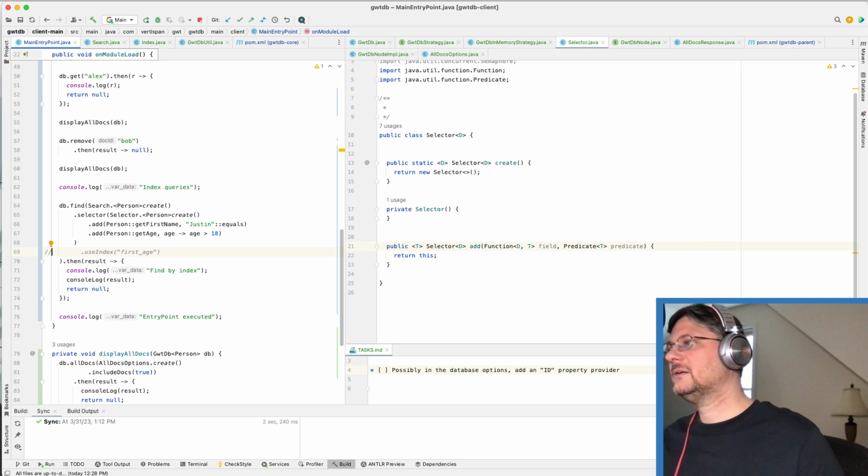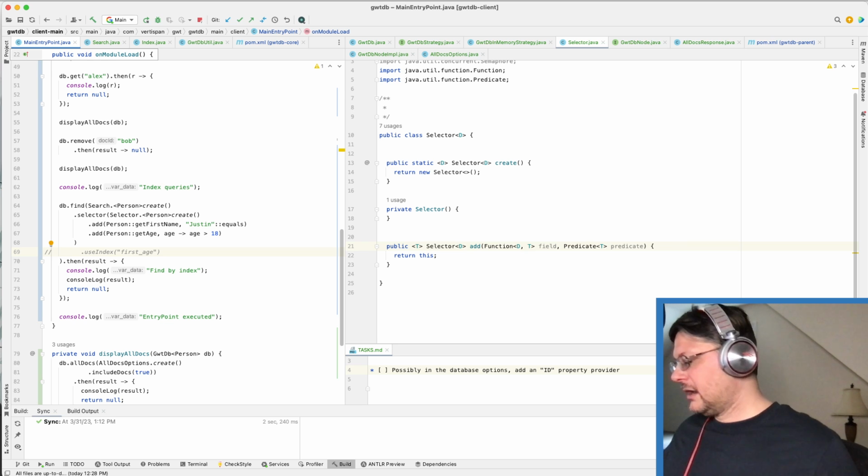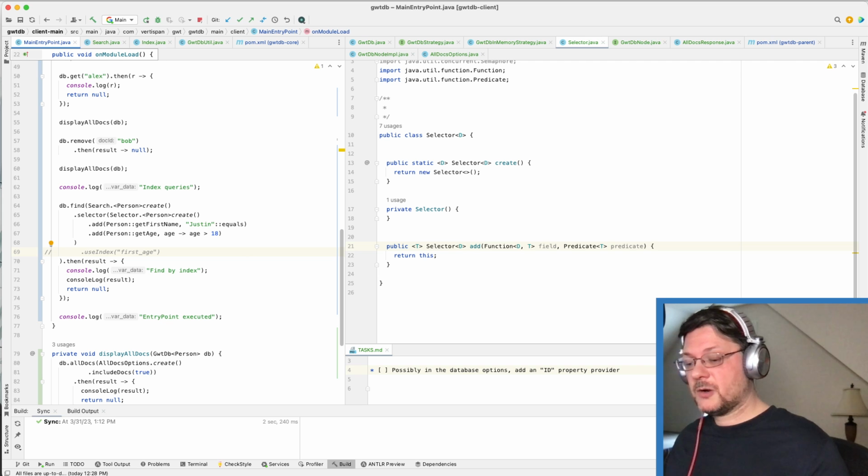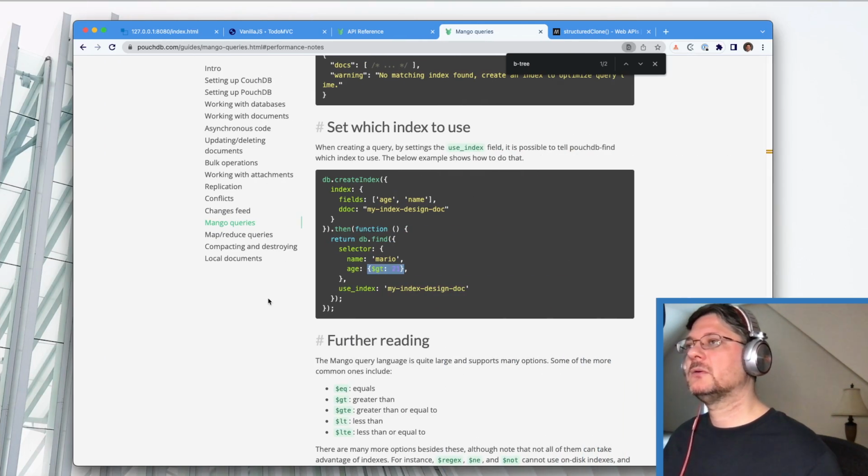Well, right, I know. Because if this were like an RPC search, obviously the data is on the server. That one's not going to work. And yes, you would have to pass essentially what Mango queries have, where it's just an object that contains